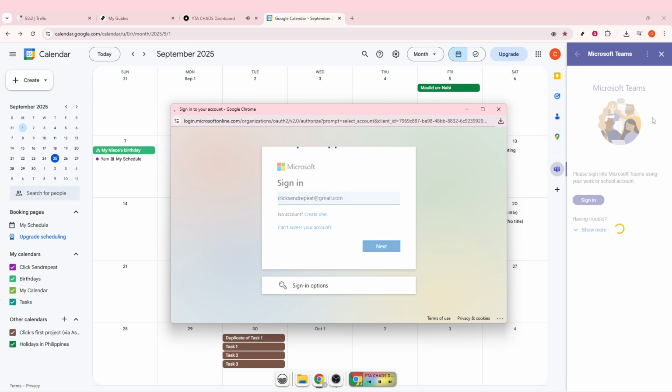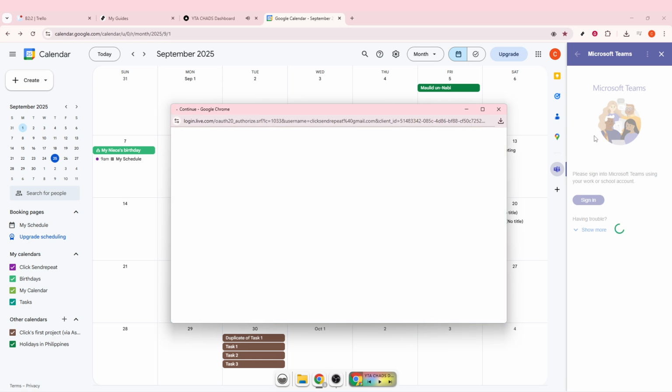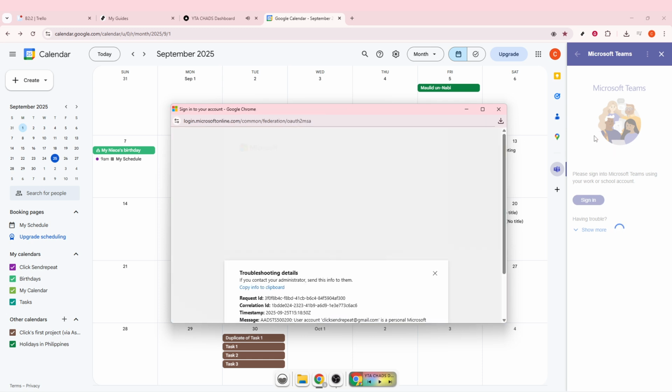To sum up, by integrating Google Calendar with Microsoft Teams, you've just streamlined how you handle your schedule, keeping